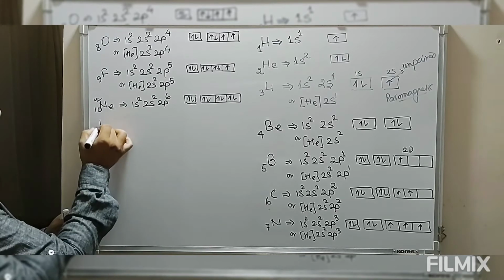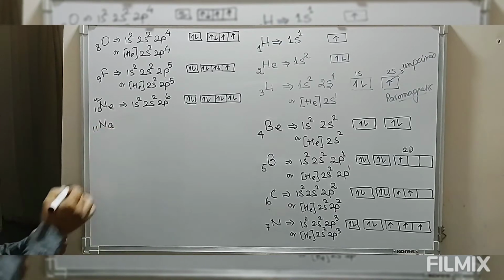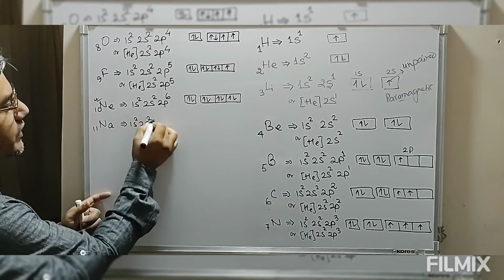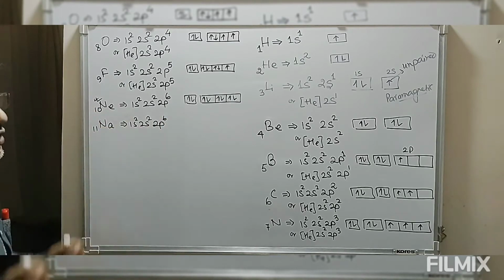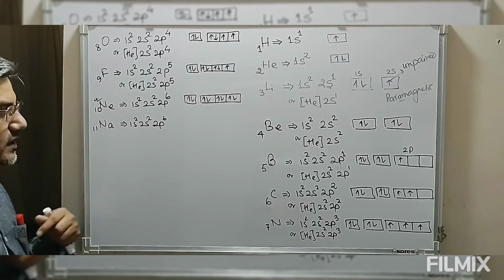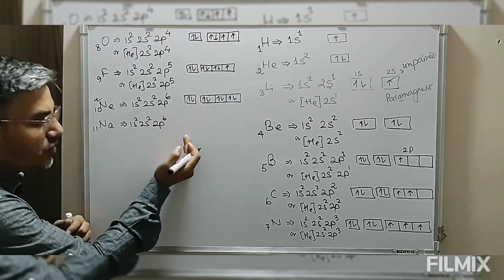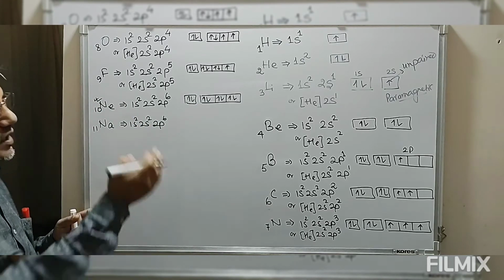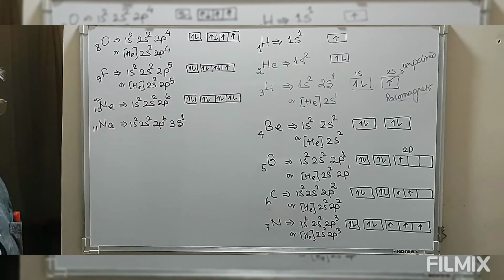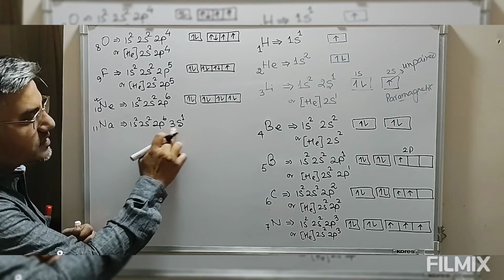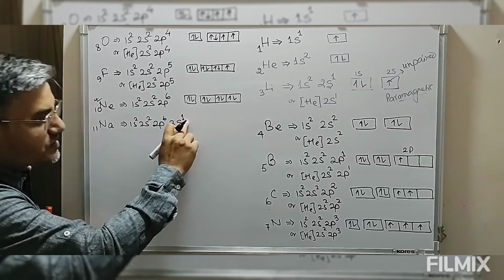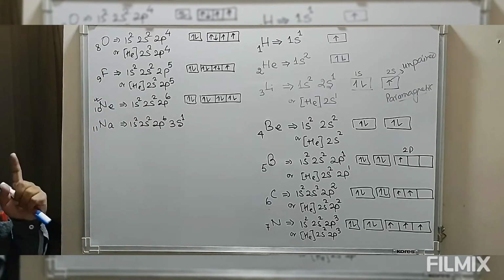After this, we have sodium, atomic number 11. Look at this, we have 1s2, 2s2, and 2p is completely occupied. There is no space left for the 11th electron in 2p. According to our rule, the next electron should be placed in the next higher atomic orbital. After 2p we have 3s, so this electron occupies 3s. The highest occupied shell is 3, which we call the valency shell, and the number of electrons in the valency shell is known as valence electrons. We have one valence electron.